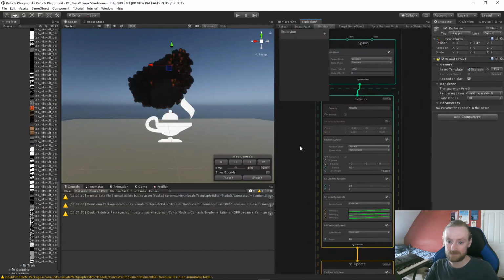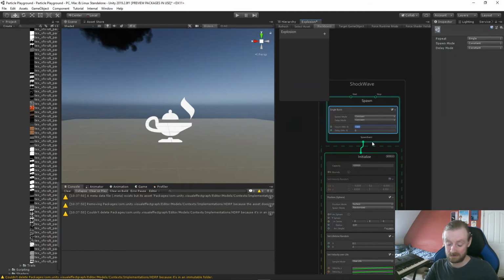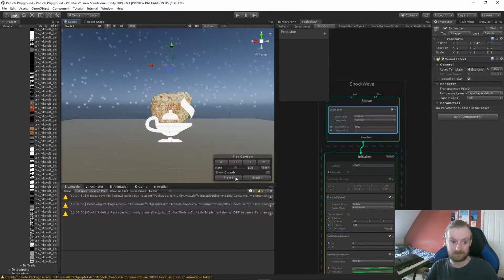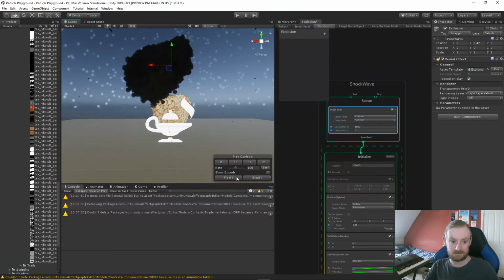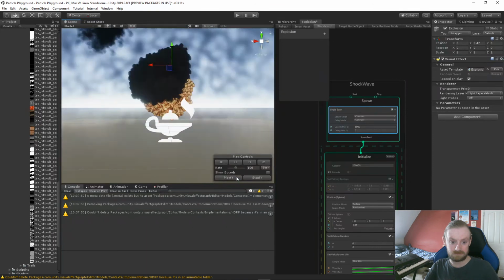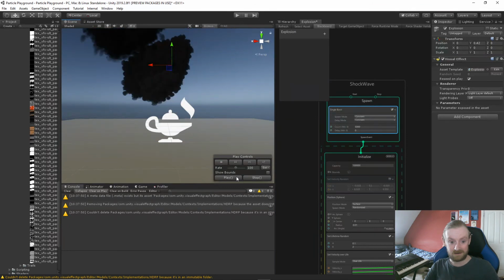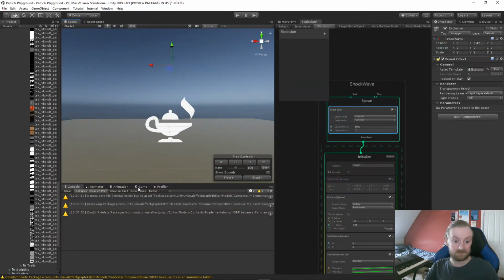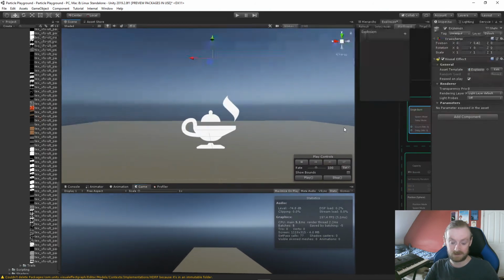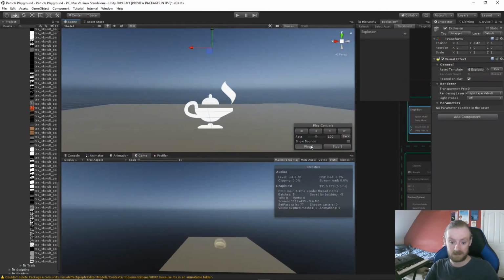And how many particles are spawning? 1,000. Increase the number. And we just got black chunks being thrown out because I can't get the color to work. Where is my game view? Switch on to the game view. Don't need this for a second. Play, what's it looking like? Ooh. It still peters out at the end a little bit too much, but